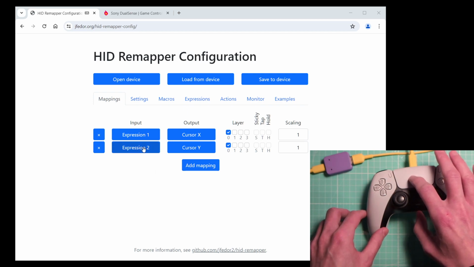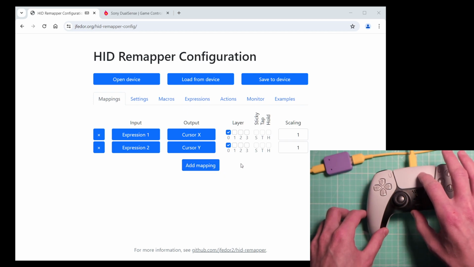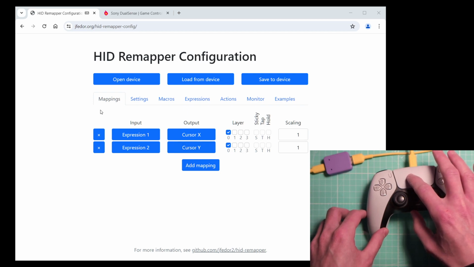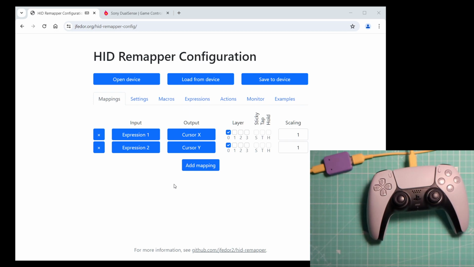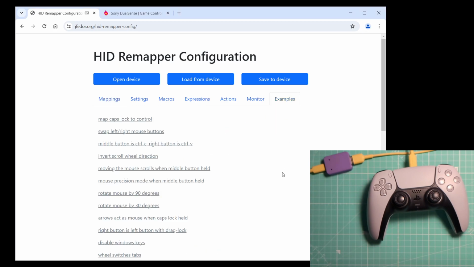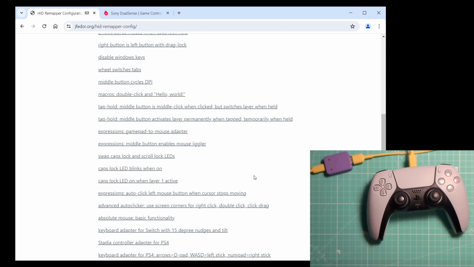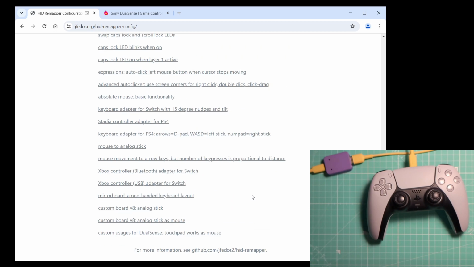It does work, though not without some issues. When I stop touching the touchpad and then start touching it in another spot, the cursor jumps around. That's because we have totally ignored the finger indexes and the flags that tell us whether a finger is touching the touchpad or not. But it's a good start. If you go to the Examples tab, there is a more complete example there that takes all of this into consideration. Let's load that.